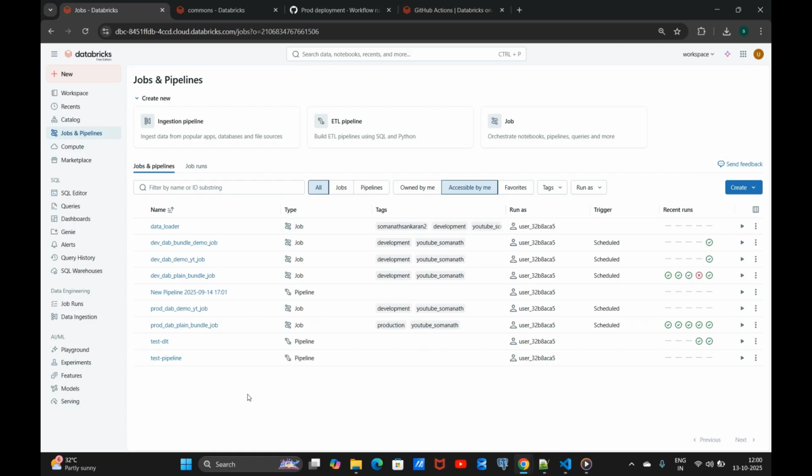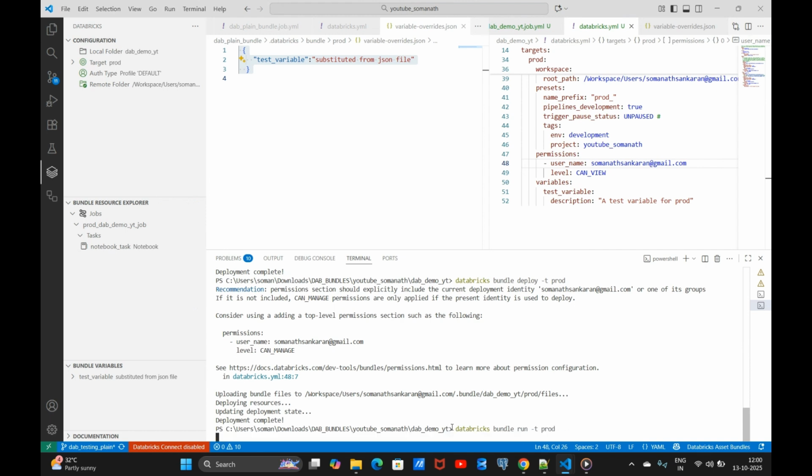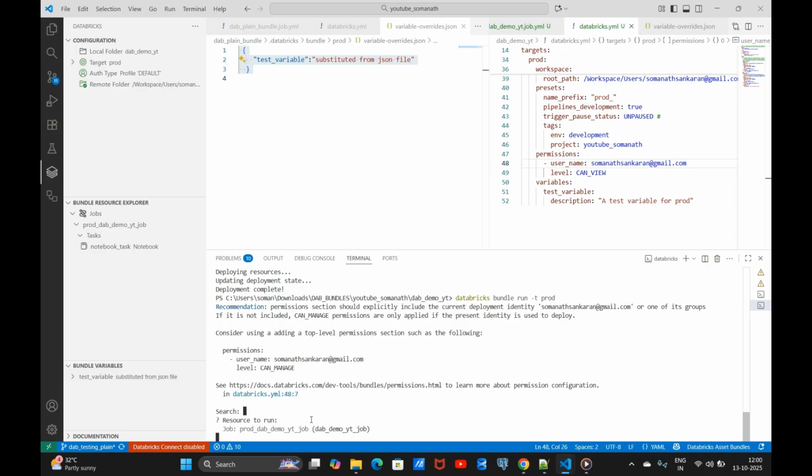So once I refresh it, we could see the prod YouTube job. Now let us trigger this job. In order to trigger this job, you will use databricks bundle run -t prod. Now it will ask which job it has to run. We have only one job. Let us give enter. Once you click on run, it will run that job, and you could see